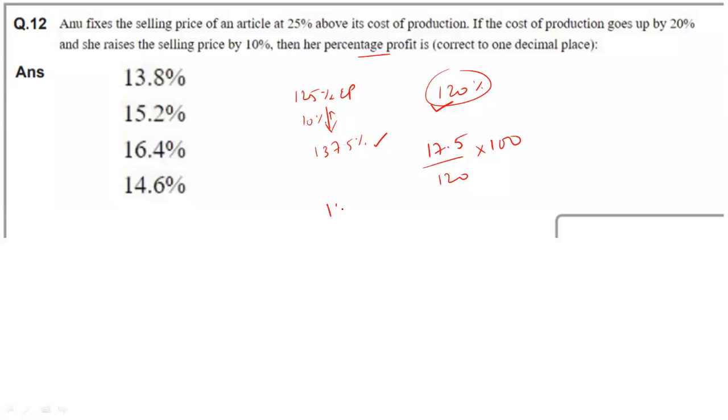So it is actually 175 by 120 if you see without decimal, frankly speaking. So what is 175 by 120, or 175 by 12? Actually we know that 12 15s is 180, so it should be just less than 15. So your answer is 14.6. Go to the next question.